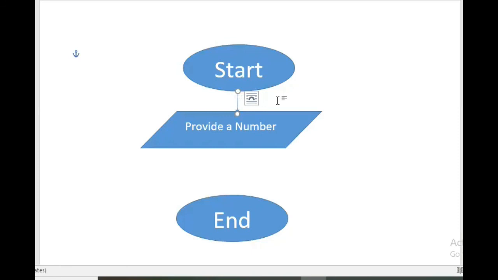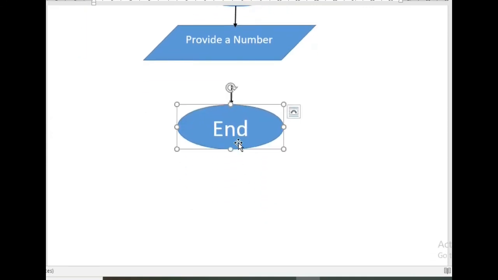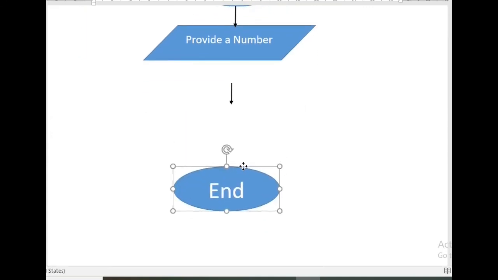Like this is the connector. In the same way, we have to connect this with this. But before that there are other steps, that is the process. After providing the number, the process we are going to do is to divide that number by 2. The process is in a rectangle shape. We define that process in a rectangle shape.